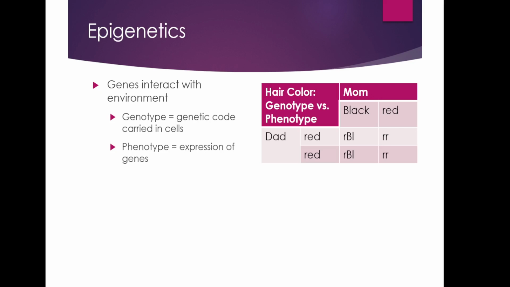Now, it turns out that mom has black hair, but one of her parents has red hair. So she has one coded gene for black and one coded gene for red hair. So if they were to make four children, the probability is that half of those children would inherit mom's black hair gene and have black hair. The other half would inherit mom's red hair gene and would have red hair because all dad is donating is red. It's really up to mom to determine the hair color of the offspring. So half of the time they would have her hair color expressed and half of the time they would have